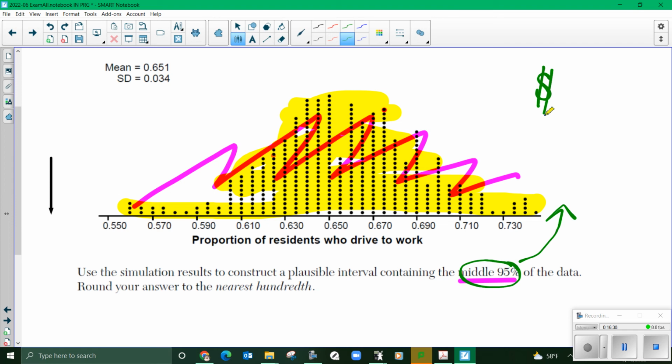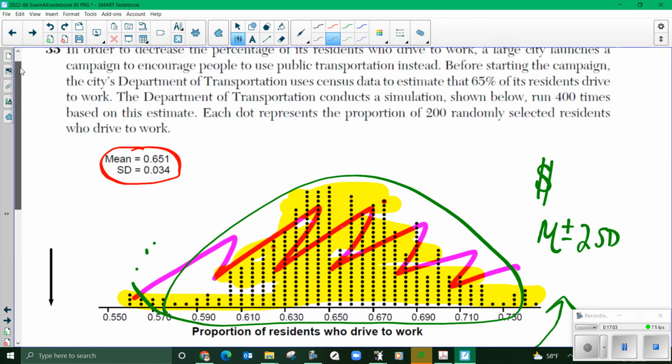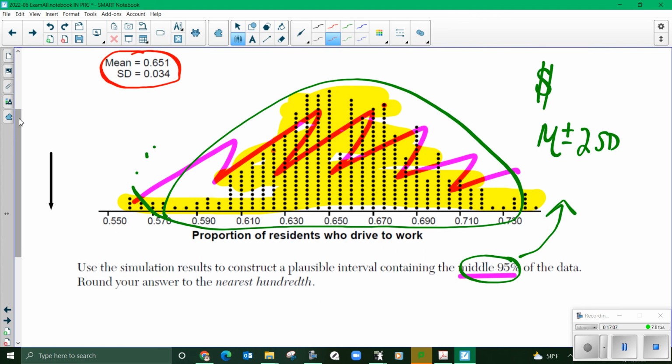95% represents the mean plus or minus 2 standard deviations. And you might say, oh my God, look at all of this. Where am I going to get all of this information, the mean and standard deviation? Listen, it's right here. It's right here. So that huge long paragraph, okay, you need to take the mean, which is